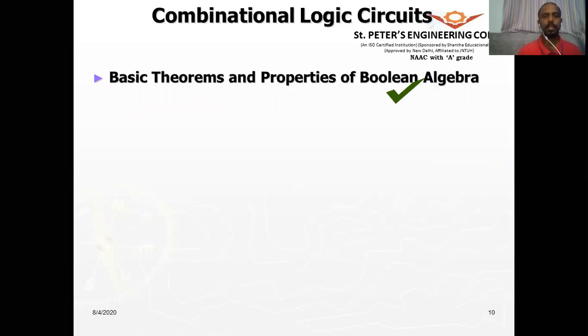Okay, so in this session, we looked into the basic theorems of Boolean algebra, and how we can simplify by using the properties, postulates and theorems. We've also shown the derivation, or rather the proof, of the theorems. Those were some of the topics that we considered in this session.